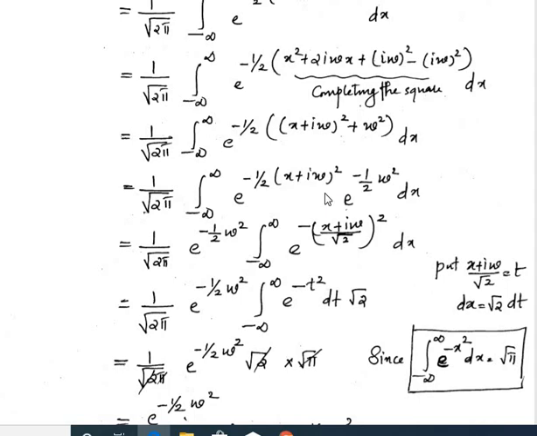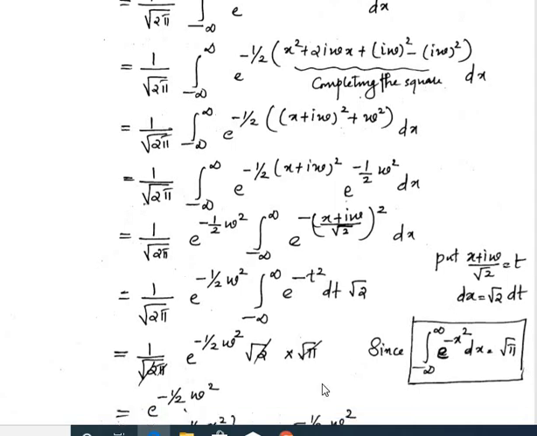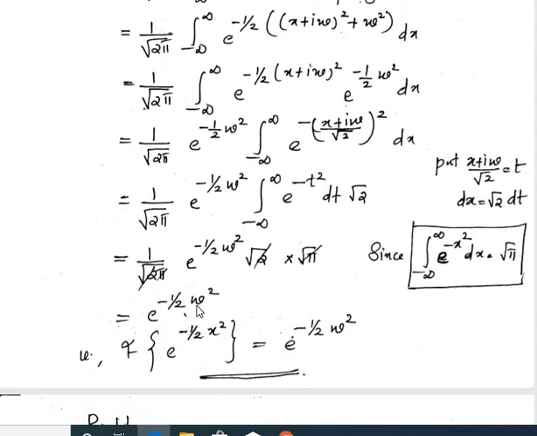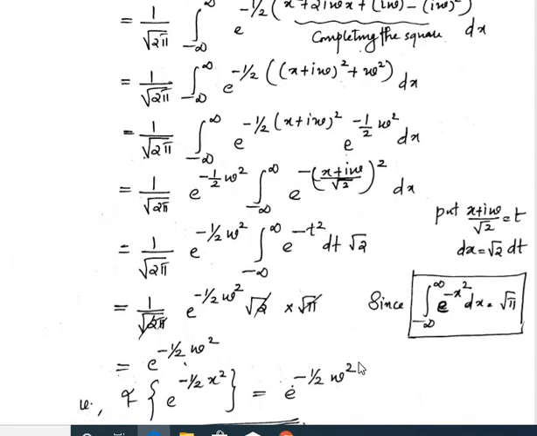Since we are integrating with respect to x, this is a constant term, we can take it outside. Then minus infinity to plus infinity e raised to x plus i omega, and we can take this 2 inside, it becomes root 2 the whole square dx. Now we put, as in the earlier question, this one as t. So it becomes dx equal to root 2 dt. So it is e raised to minus t square dt root 2. And as said earlier, this value is root pi. There is a root 2, we can take it outside. So we get the answer as e raised to minus 1 by 2 omega square. So this is self-reciprocal, that is only x changes to omega. This is an important question. This is a previous university question.